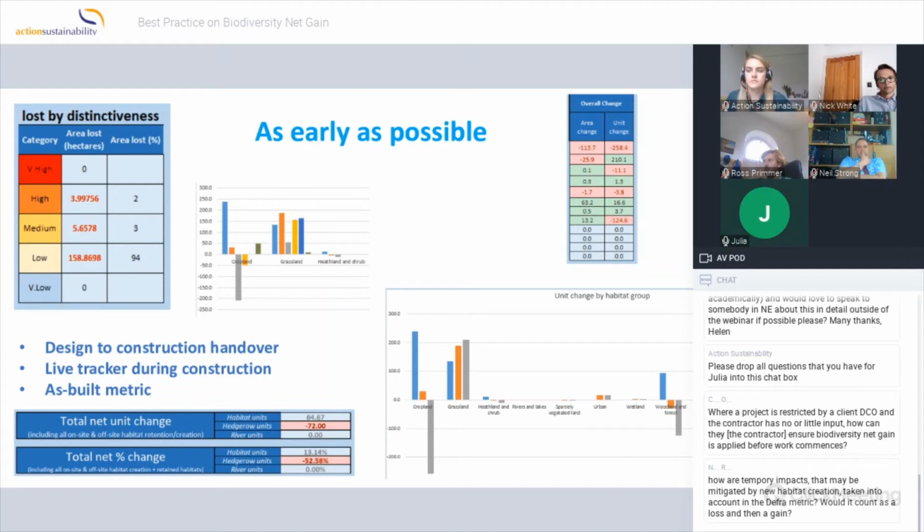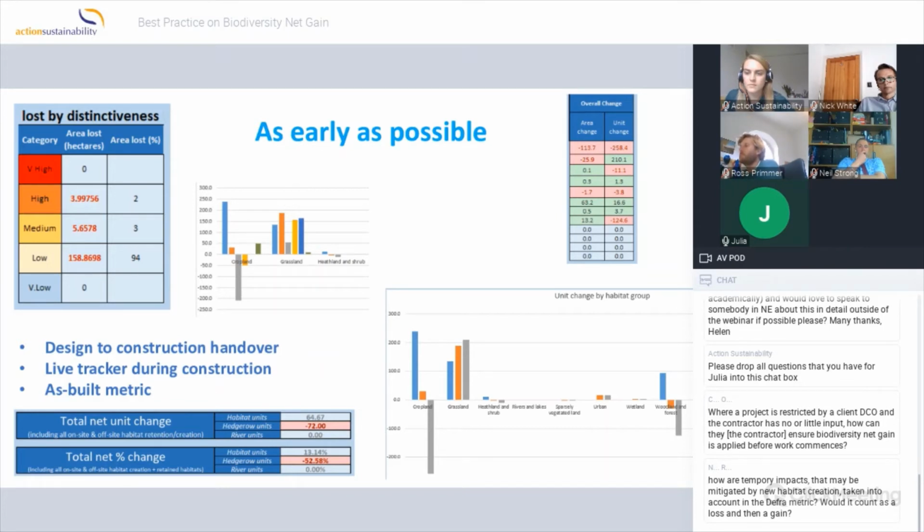And there's a couple of particular points here that, while I love the metric, there are a couple of glitches, and I'm sure Nick will recognize this in the existing format. So use it as a decision-making tool, but also use it appropriately. And a couple of other key points: the design to construction handover in terms of the metric, in terms of the digital data, in terms of the habitat data is key. I've had so many painful discussions about GIS systems that don't match up, or CAD systems from a designer, from a contractor. So another bit of practical advice is to have that conversation early.